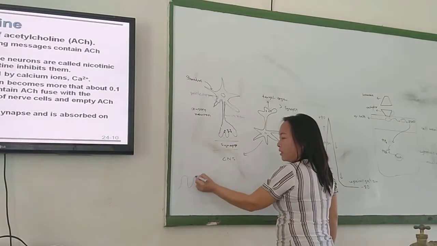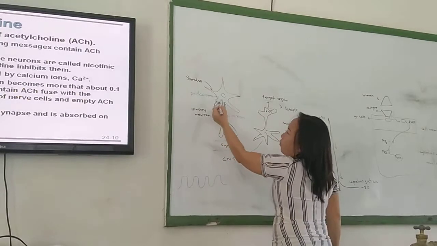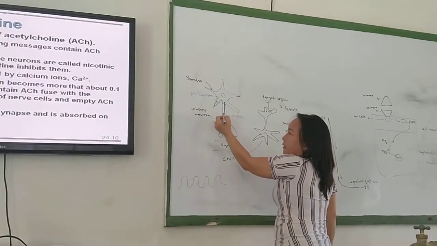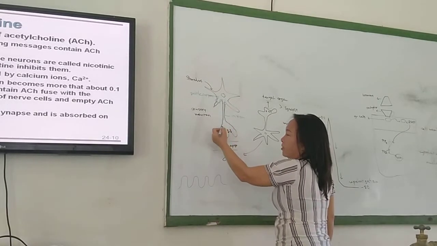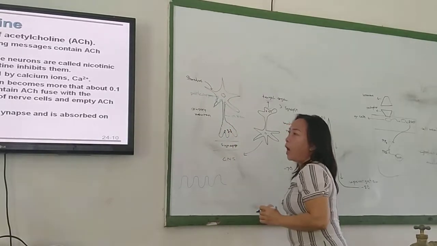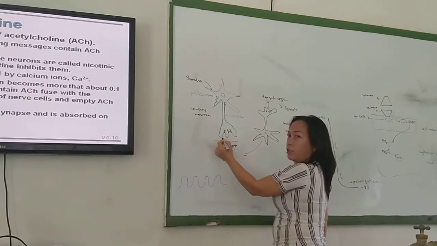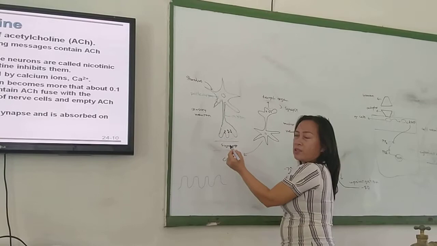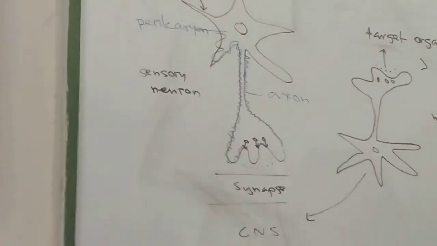So, it travels in a wave. That's how information travels. Okay? So, it moves down toward the tail part of the axon of the neuron, until it reaches the terminal part of the axon. Once the action potential reaches the terminal part of the axon,